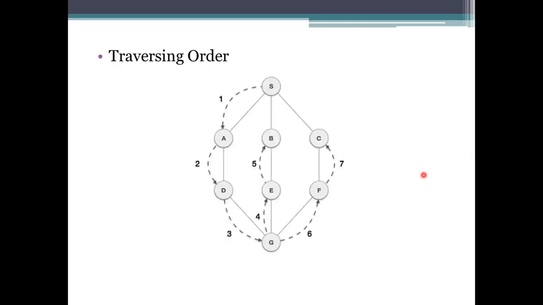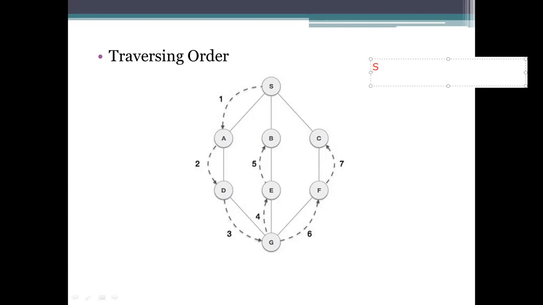And coming to the traversing method, see here the traversing order: it started from S. Okay, so how it is going to traverse: first, the node we reached is S. Gather the information of that one.